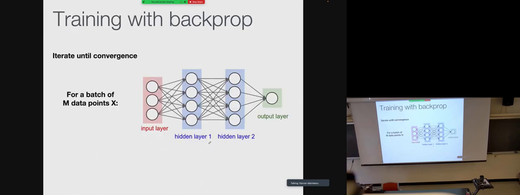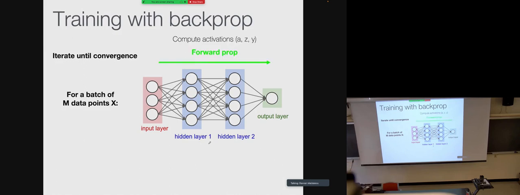So in general, we do gradient descent until convergence. Again, we compute the gradient of the loss with respect to the weights, and then we take a step in the direction that minimizes our loss function, and we keep iterating. In particular, we do it in batches. If we have a large data set of images, we cannot load all the images into memory and do this backpropagation for all like 1 million images at once. So we do it in batches, like 10 by 10 or 100 by 100. This way, it's much more efficient. Generally, these batches are powers of 2, just for memory reasons.